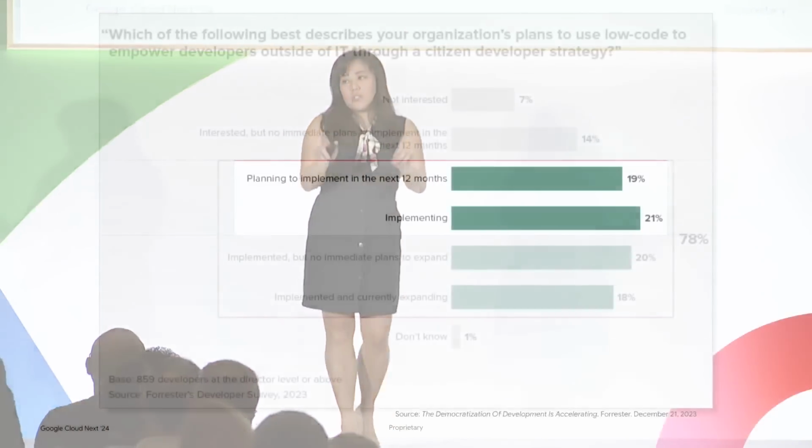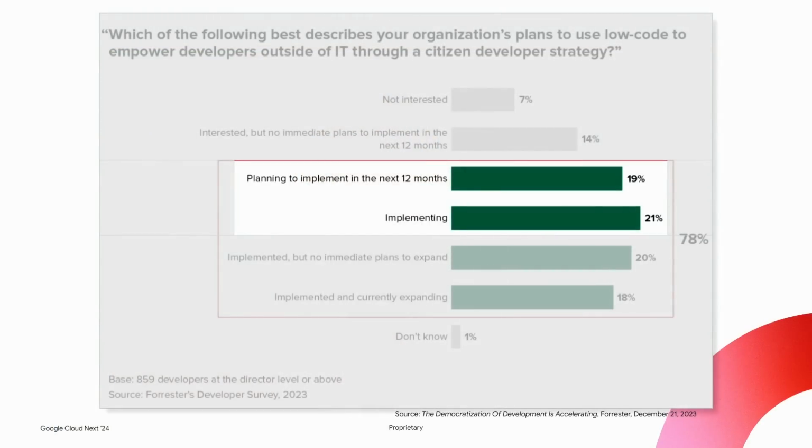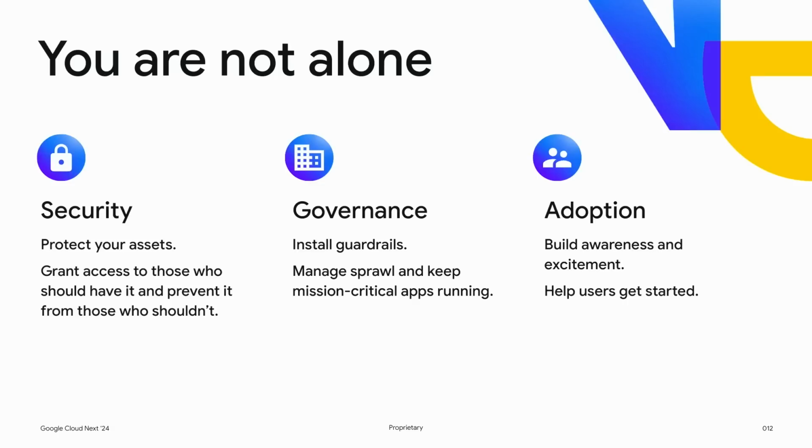That's why there's real momentum around citizen development. Forrester noted that 80% of organizations are taking some kind of action towards implementing no-code platforms. But half of them are just getting started. So now, how many of you have been doing citizen development for over a year? Less than a year? So you're not alone if your citizen development strategy is not a full-blown program yet.